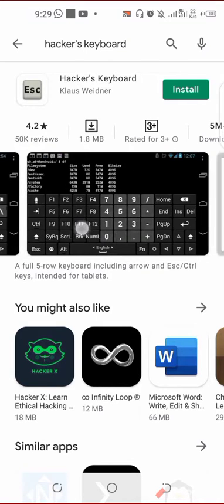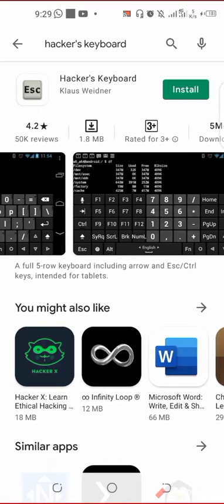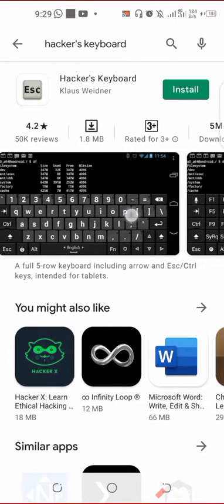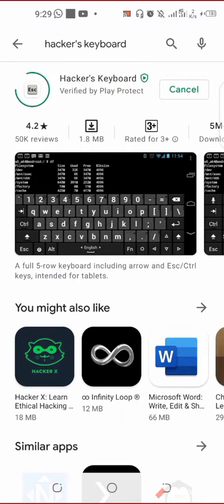You can see all those functions on our system. So install it also. Aka's keyboard is faster than